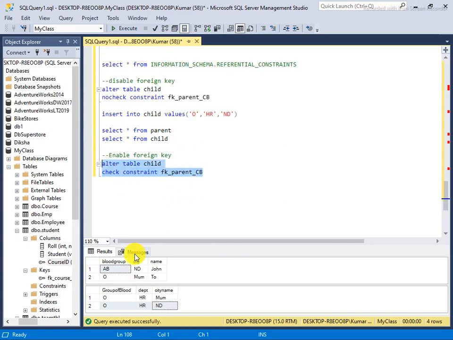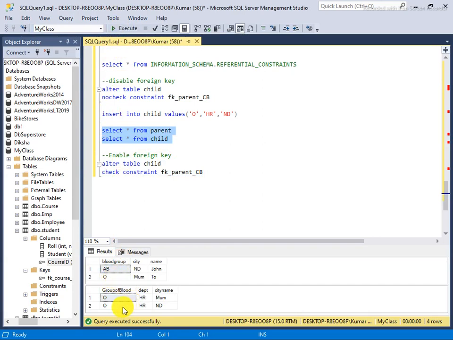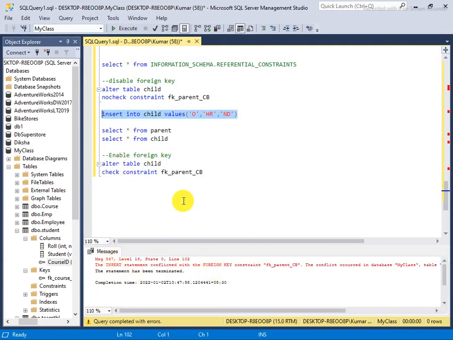So the entry has been done, it's okay, but later it will not allow. Now it's been activated, and that entry will remain here. You see that OHRND, O and ND, is not possible here, but it's been entered. But again if you try, it will not accept, because check has been activated again. So it will restrict you from making an entry.